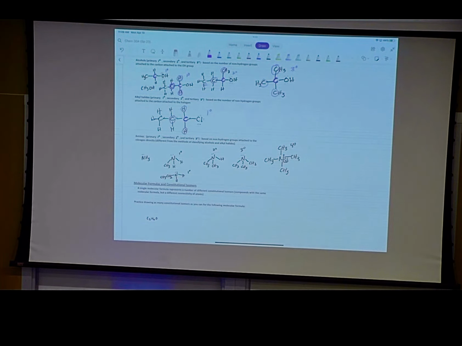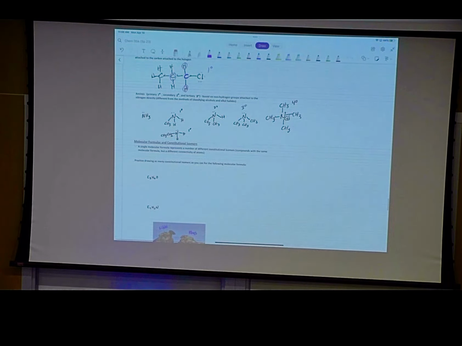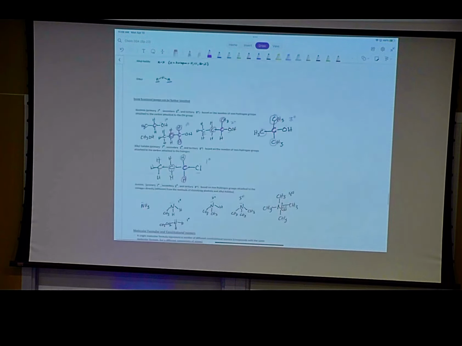Okay. All right, so now we want to look at drawing molecular formulas and constitutional isomers, and what I really want to do